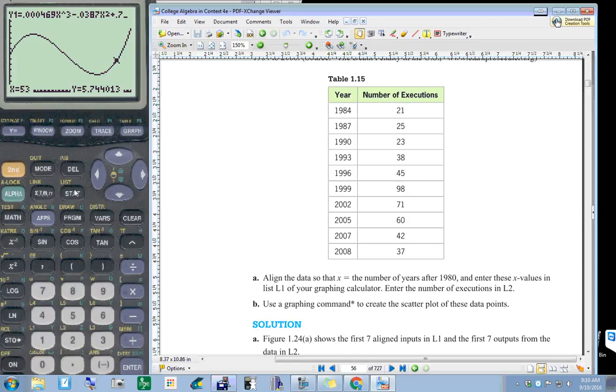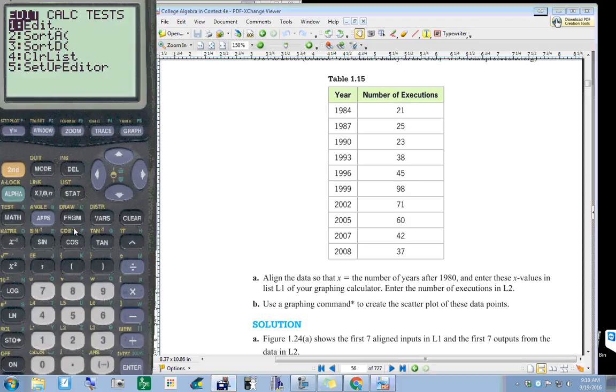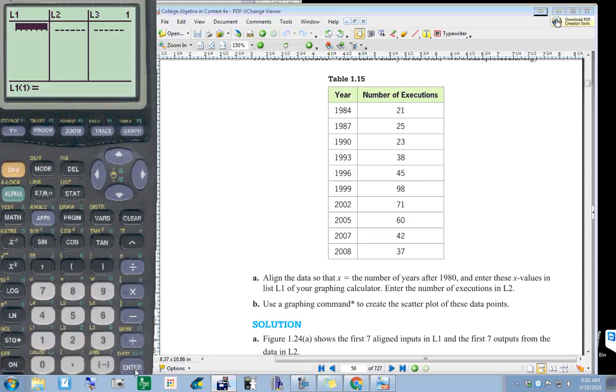What I want you to do is hit the stat button. If we're going to put in data, we start with stat, we're going to hit edit, we press enter. This takes us to the register. L1 we generally use as X, L2 is Y. So if I want to put this data in here and have it show up on the graph,